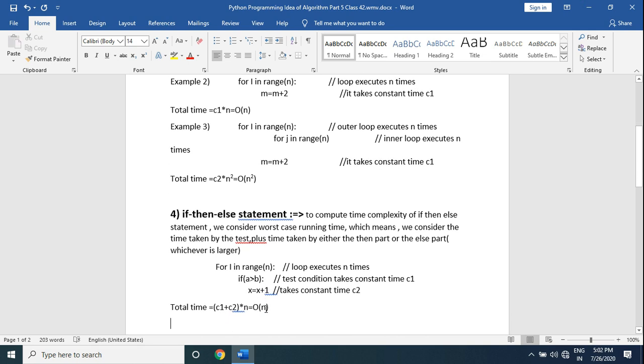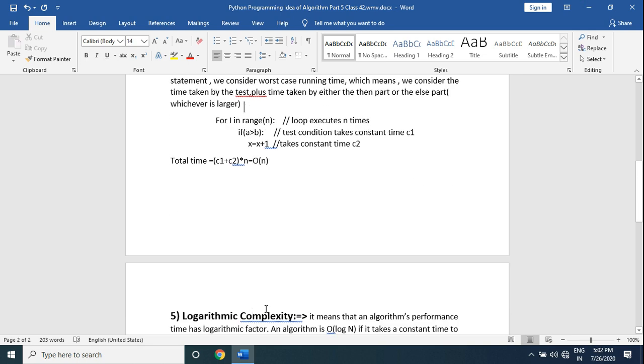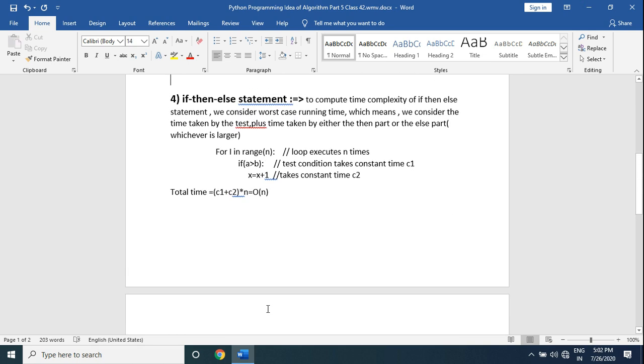Next is the if-then-else statement. To compute the time complexity of an if-then-else statement, we consider the worst running time, which means we consider the time taken by the test plus the time taken by either the then part or the else part, whichever is larger.